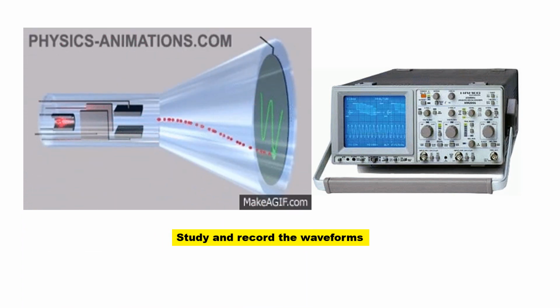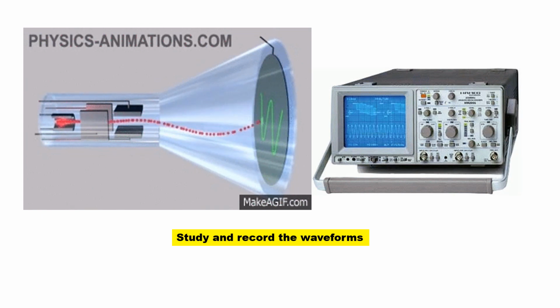Here you can see in this animation how the cathode, or the electron gun, is firing the electrons, and these electrons then move ahead and are deflected by the horizontal plates, which are charged in nature. These electrons will be attracted toward the positively charged plate and repelled by the negatively charged plate, so that it can form a continuous recording on the fluorescent screen.